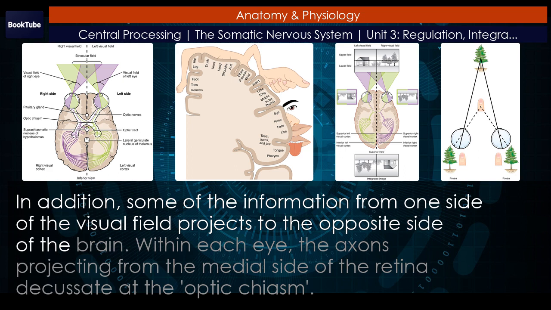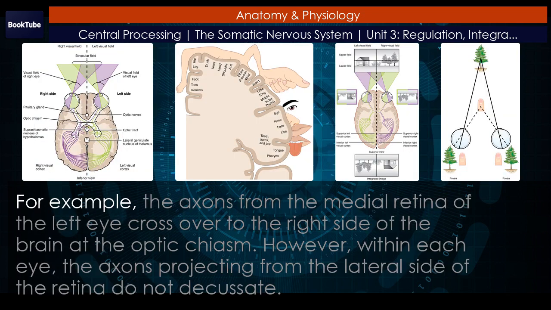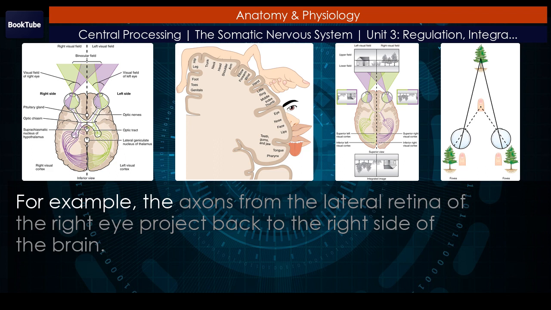brain. Within each eye, the axons projecting from the medial side of the retina decussate at the optic chiasm. For example, the axons from the medial retina of the left eye cross over to the right side of the brain at the optic chiasm. However, within each eye, the axons projecting from the lateral side of the retina do not decussate. For example, the axons from the lateral retina of the right eye project back to the right side of the